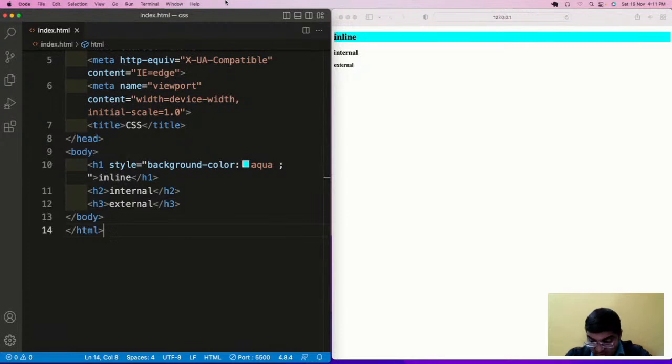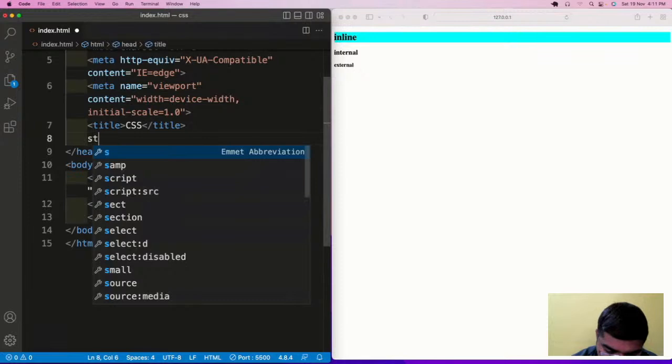Out of these three, which one is the most powerful? Inline is the most powerful method of adding CSS, because you can apply it directly to the HTML element. Fine. Now let us see the internal. Internal applies here.